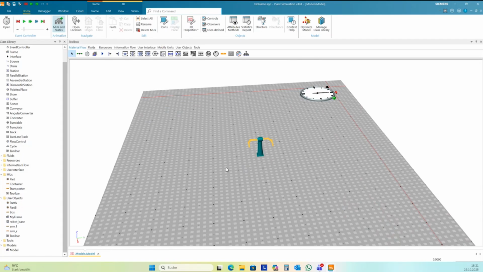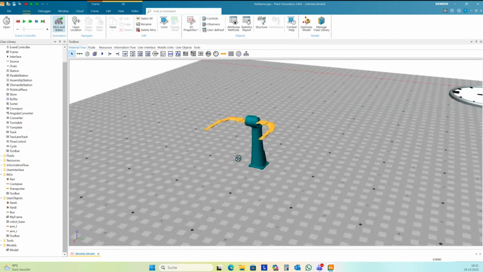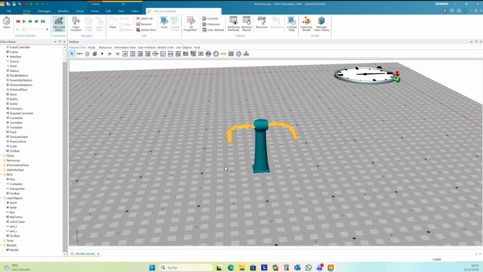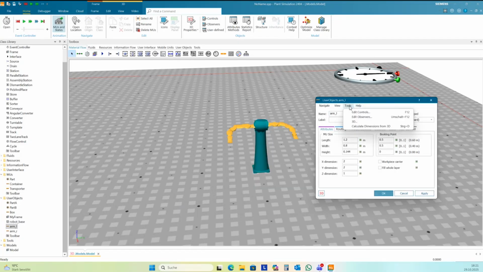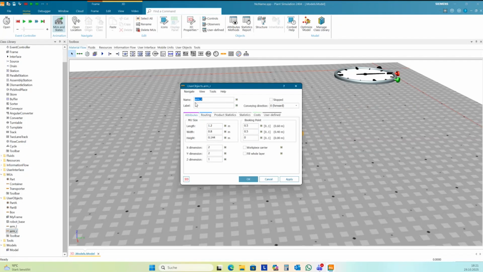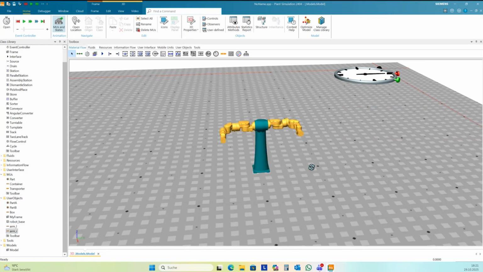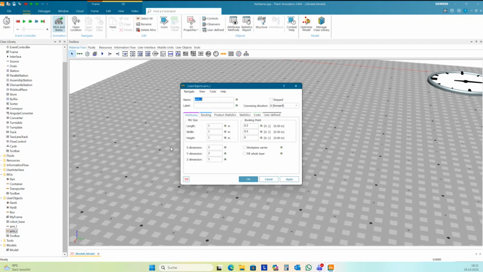And this is one typical thing in Plan Simulation. It doesn't work in the right way because the dimensions of the arms are not right. But you can change this with Tools, Calculate Dimensions from 3D. Looks better. And the same for the right arm. Tools, Calculate Dimension from 3D. Otherwise, it scales your arms to the length, width, and height that is set here.